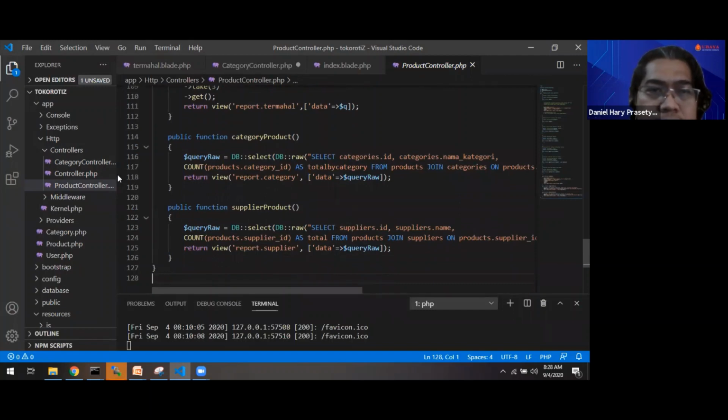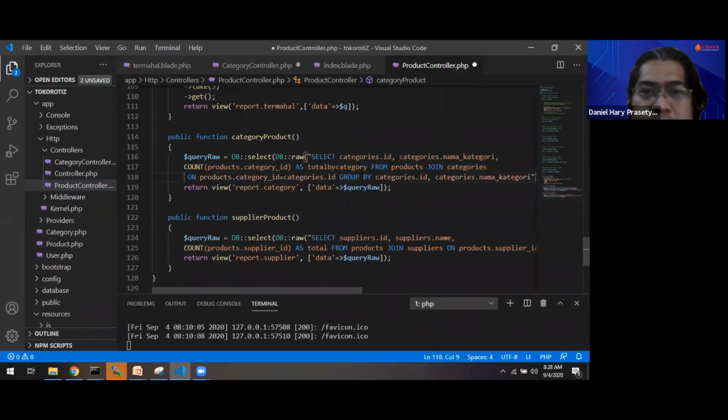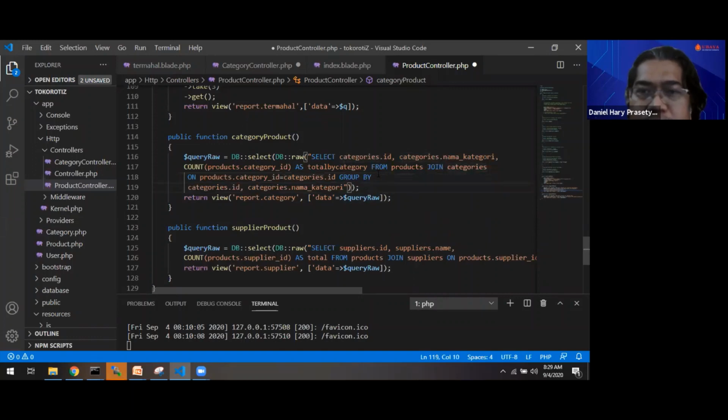We have a raw query for showing categories and their number of products. So we join categories and we create an aggregation for counting the product number. Join with category ID and group by category ID and category name. This one. Okay.